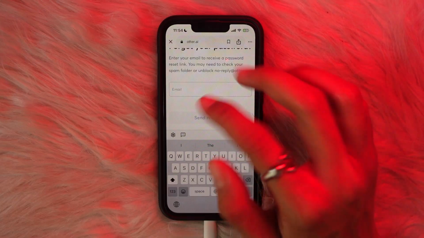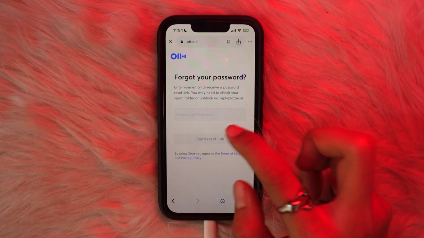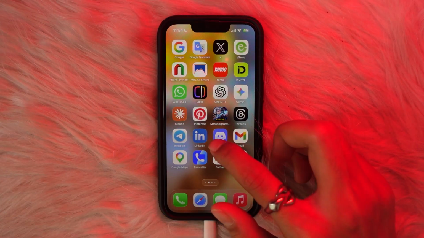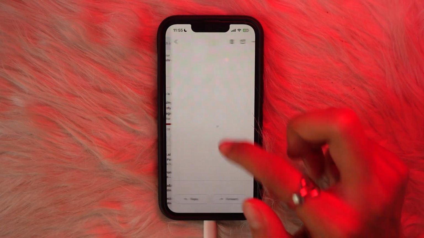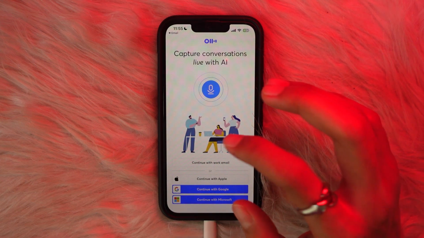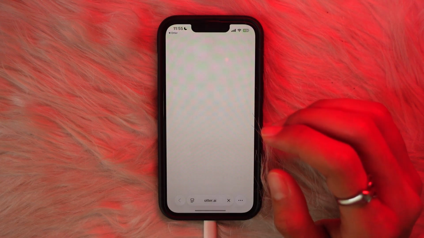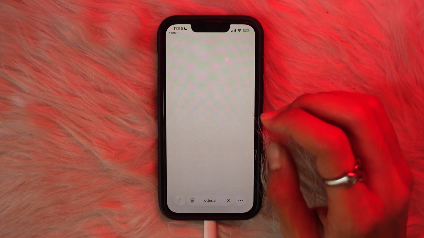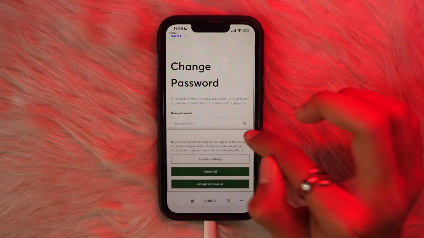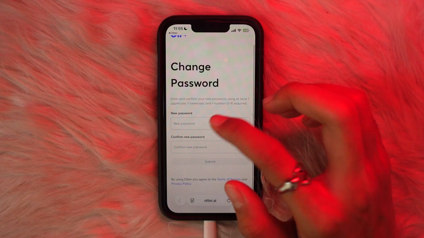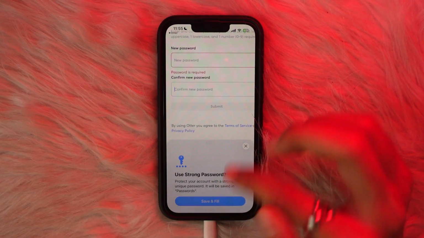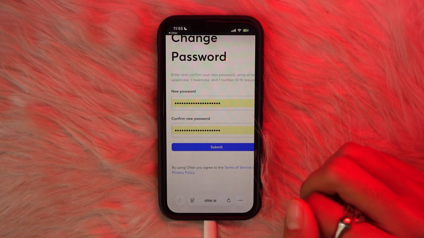Here you need to enter your email address and tap on the send reset link button, and then you'll have to go and check your Gmail for that. When you receive that reset link, just tap on the reset now button and it will take you to a website from where you can reset your password. Just follow the prompts, whatever they say, enter your new password and confirm it by entering the same new password again, and tap on the submit button,